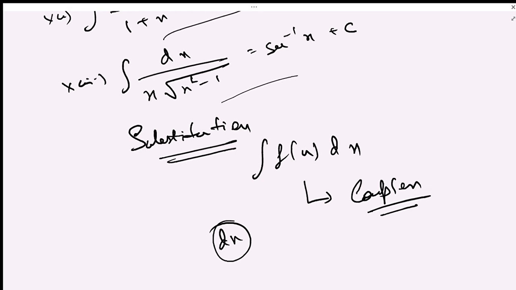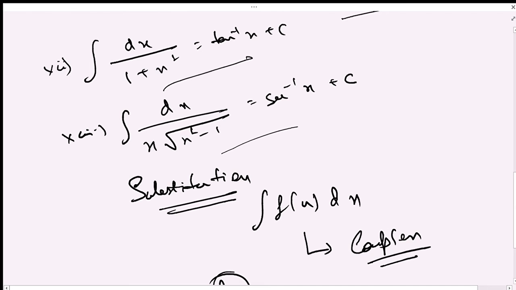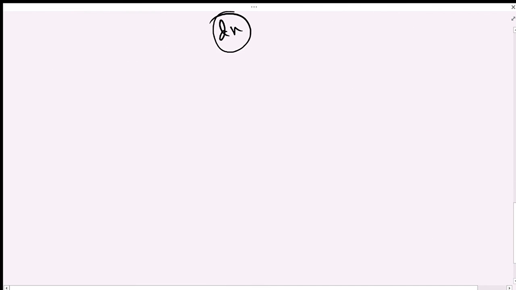That will be quite better to understand. Okay, let us take the problem, or let us take formula number 12, the integral of dx over 1 plus x square. How is it? Tan inverse x. Clear? So basically, number 12 is the integration of 1 over 1 plus x square dx.